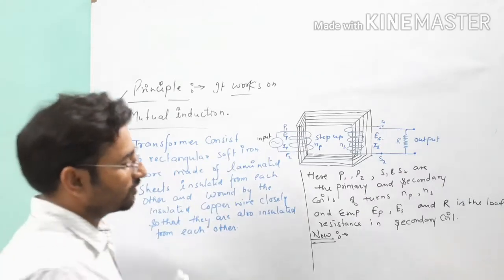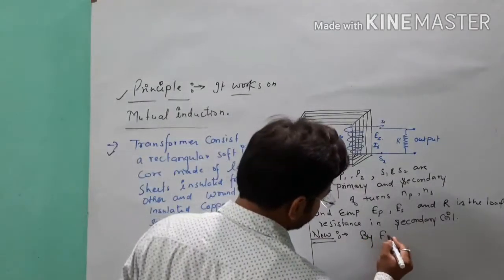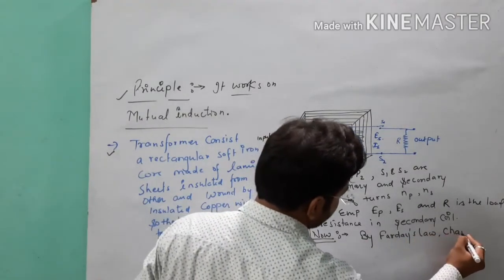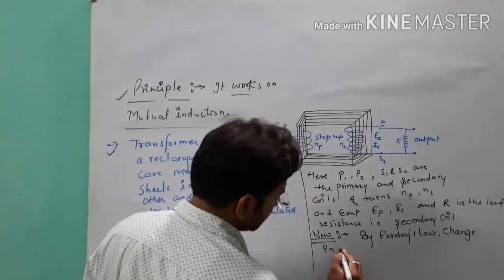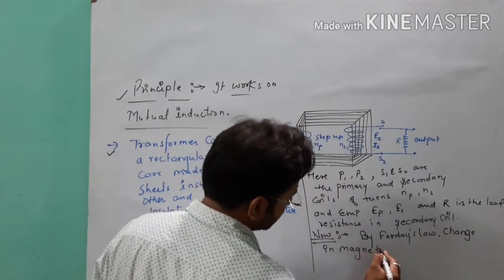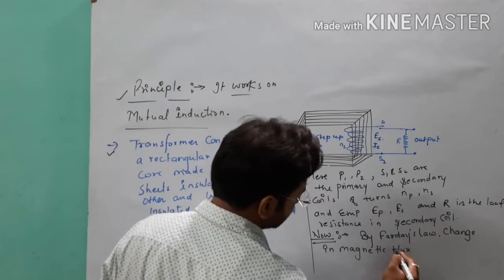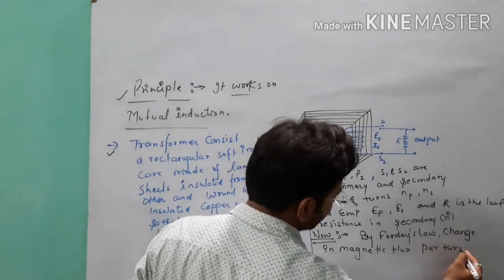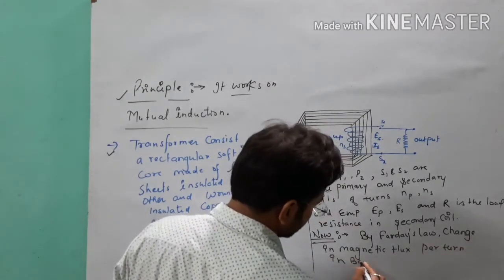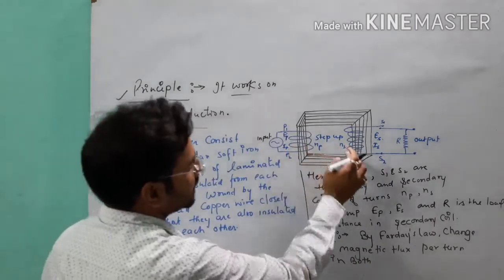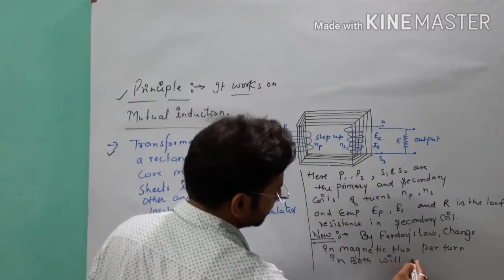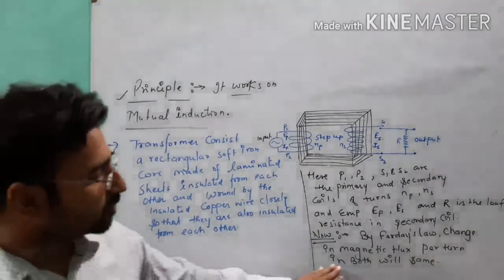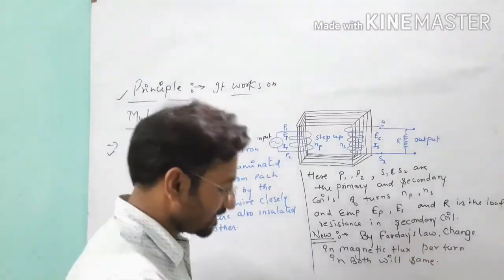Means by Faraday's law, the change in magnetic flux per turn in both the primary coil and secondary coil will be the same. Point clear? When the magnetic flux linked with both coils per turn is the same, at that time